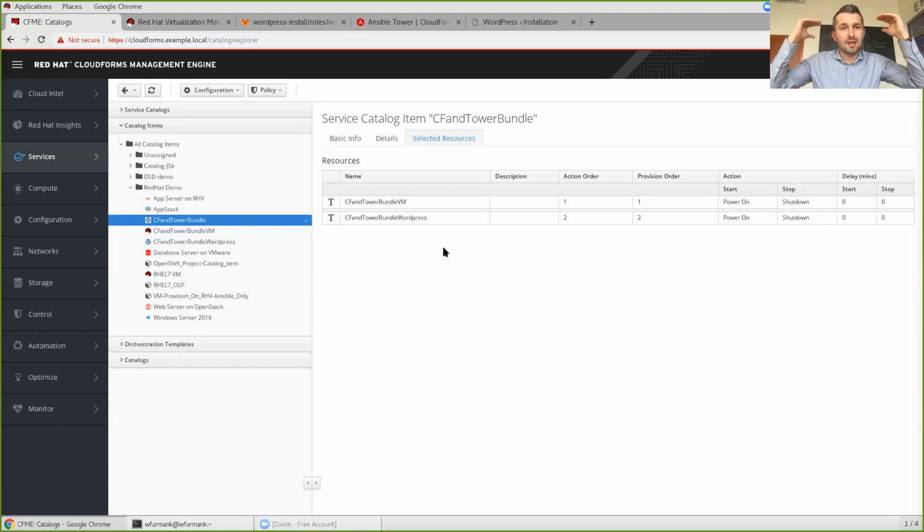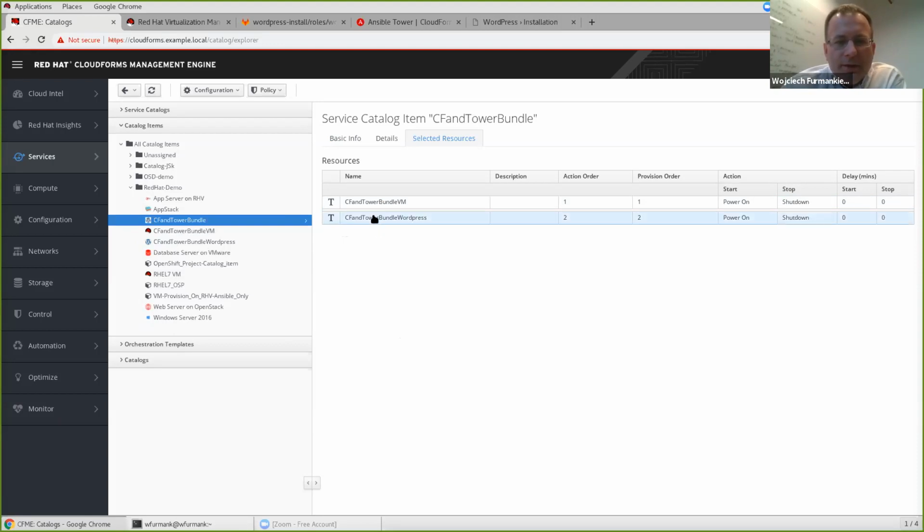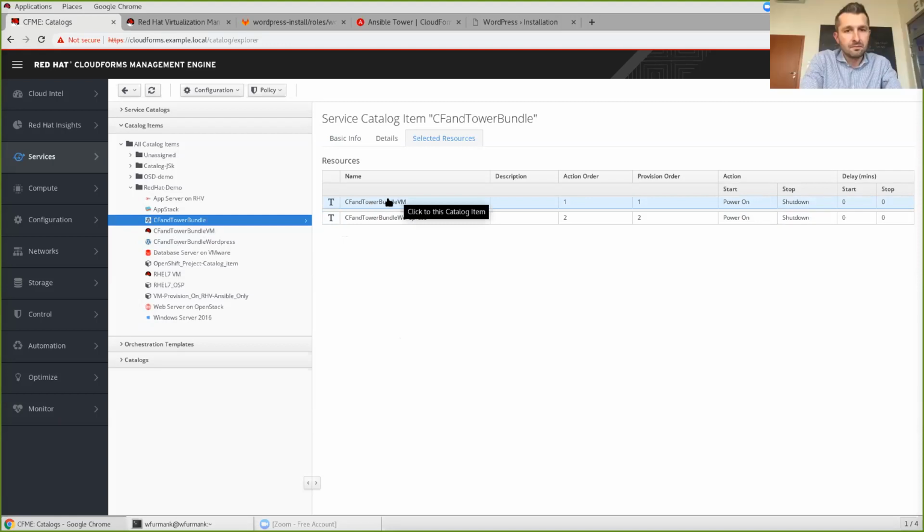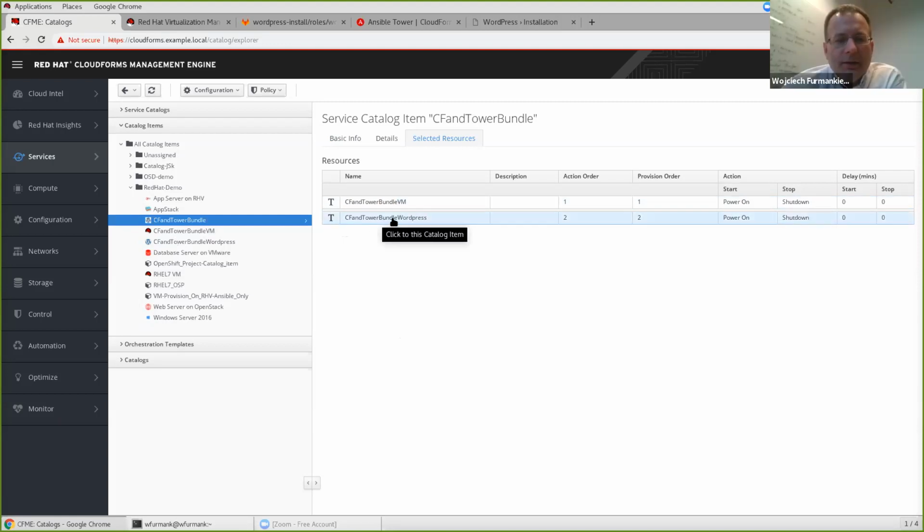So you said that CloudForms is on the top. So when you just created the request, what actually have you done on the Red Hat Virtualization engine? Red Hat Virtualization was engaged at the moment when this part was created, the VM, right? So we saw the VM has been created, and once it's created, the second action in the provision order here was the Ansible.